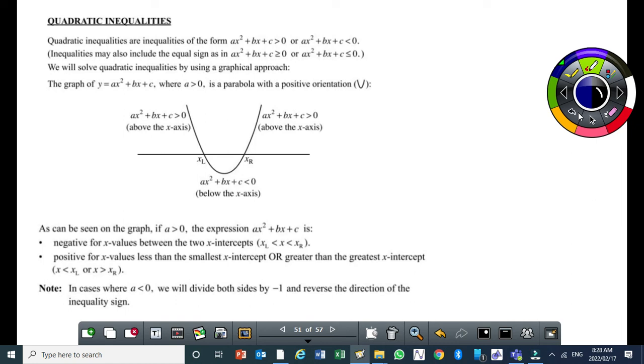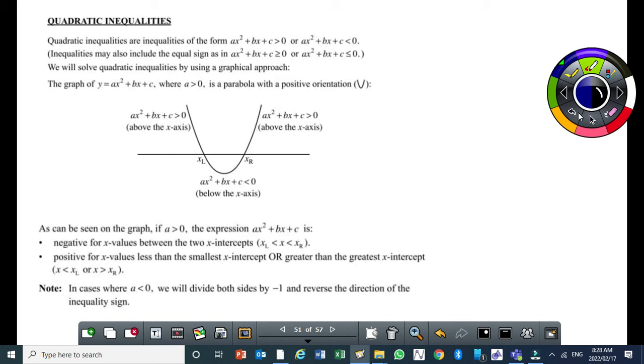Sign is replaced by an inequality sign. Okay, the inequality sign can be a greater than sign, or it can be a less than sign. Sometimes you can have less than or equal to, or greater than or equal to. All right. So you also need to know that in grade 11, the general equation of a quadratic function changes